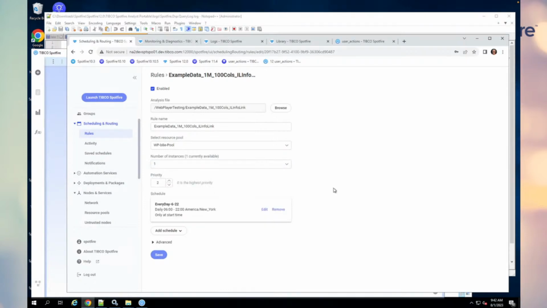But the other thing about this is, if I have a resource pool that's got multiple instances, let's say there's 2 instances, and I have maybe 10 analysis files that I'm scheduling on that resource pool, Spotfire Server will try to balance those analysis files across that, as far as the number of them.